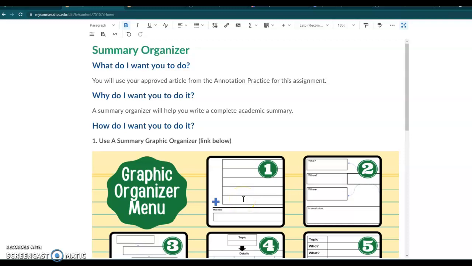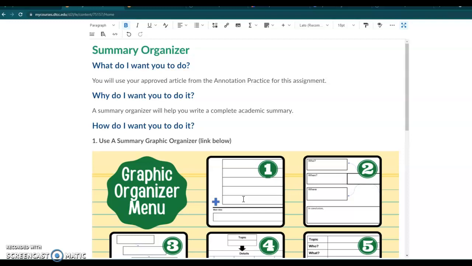Hi, everybody. So I wanted to talk today a little bit about the summary organizer. With the summary organizer, you're going to use it to help you almost write like an outline of your summary. So you're going to use the approved article that you did the same